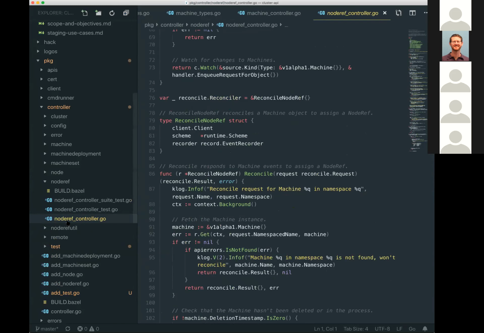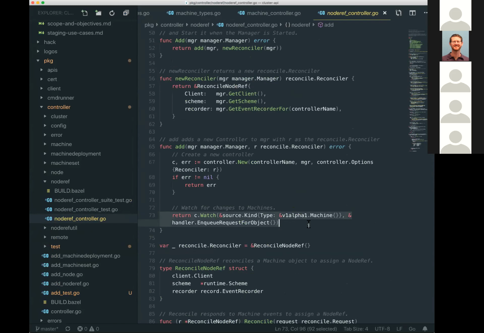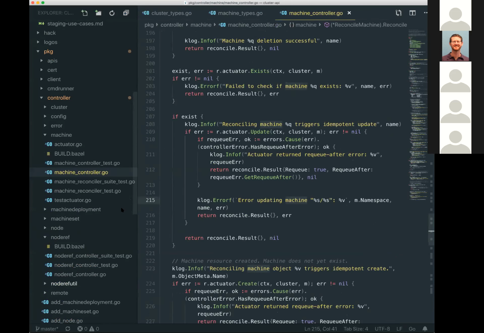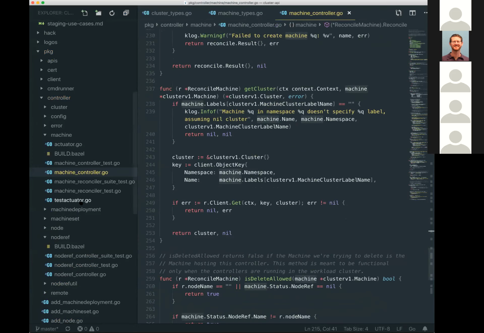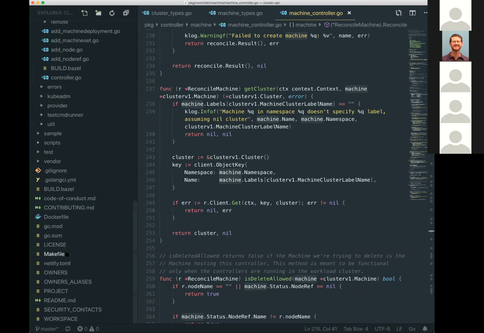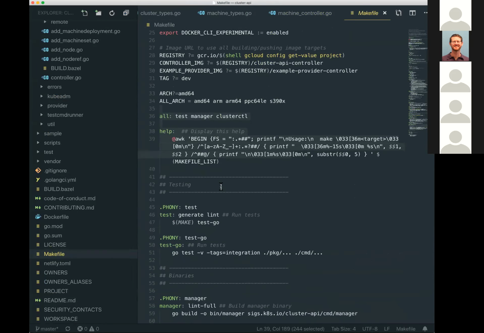It's called Node-REF controller, but actually it watches machines, so it's not watching any Node-REF type. You can change these controllers as you please. And as you create a new controller, you will add your business logic in there. Delete these. All right,